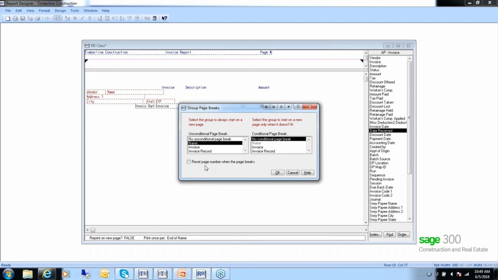Conditional page break means that I want everything to fit on one page, one or multiple pages, but I only want the information for that record. How do I want to say this? Let's say we want a conditional page break after each name. But if the next vendor in the list has enough invoices to fit at the bottom of that page where vendor number 1 stopped, it's going to put them in there. So what we're trying to do is not split by the name itself, but we're trying to get things,